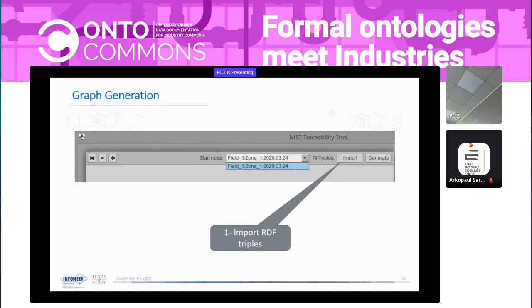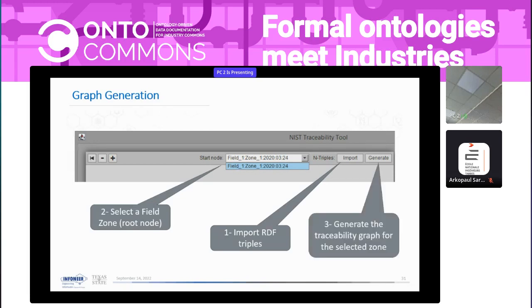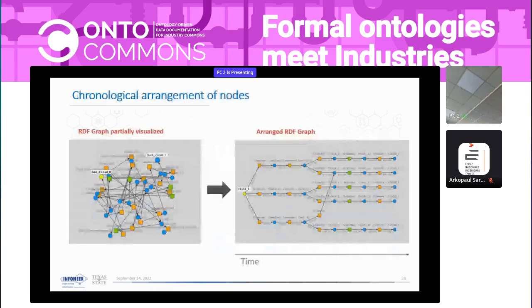We just import the RDF graph here, and then select the field node zone as the root node. So this field is one of those rectangles in the first graph I showed you. And then step 3, generate the traceability graph for the selected zone. So this is the graph generated before sorting. This is a sub-tree under the larger knowledge graph, but obviously this graph is not very useful. But if we arrange it